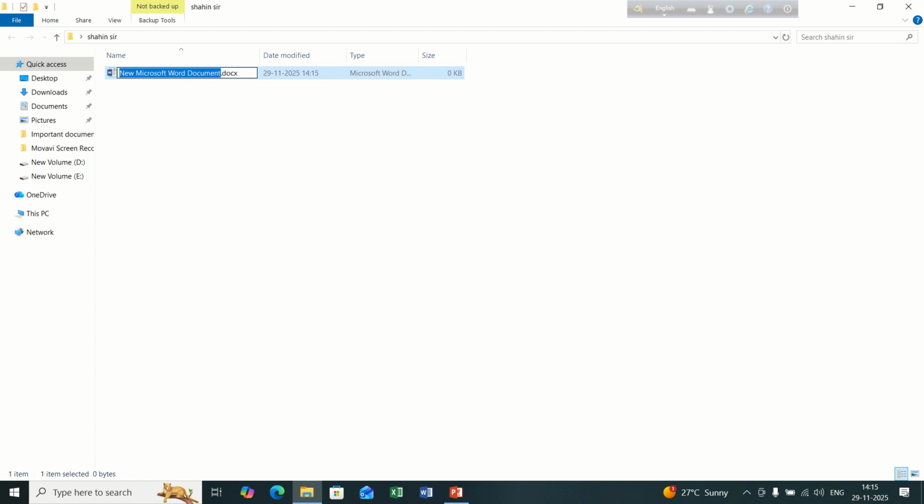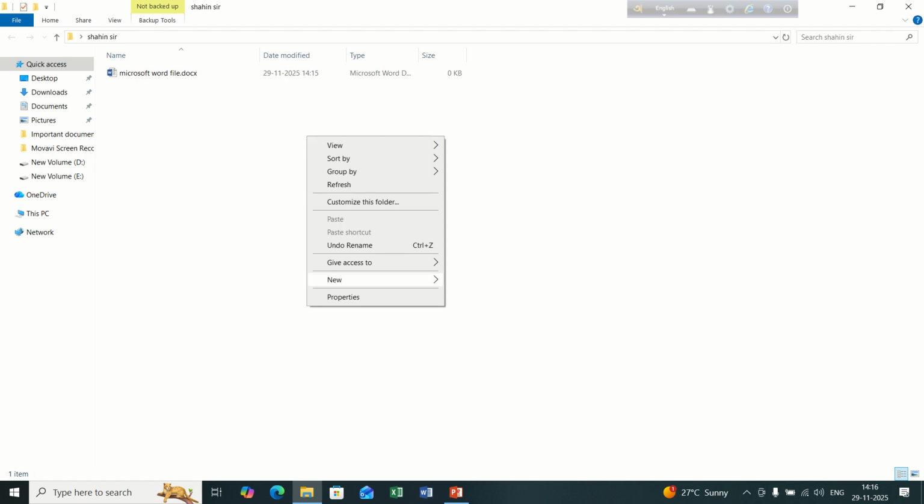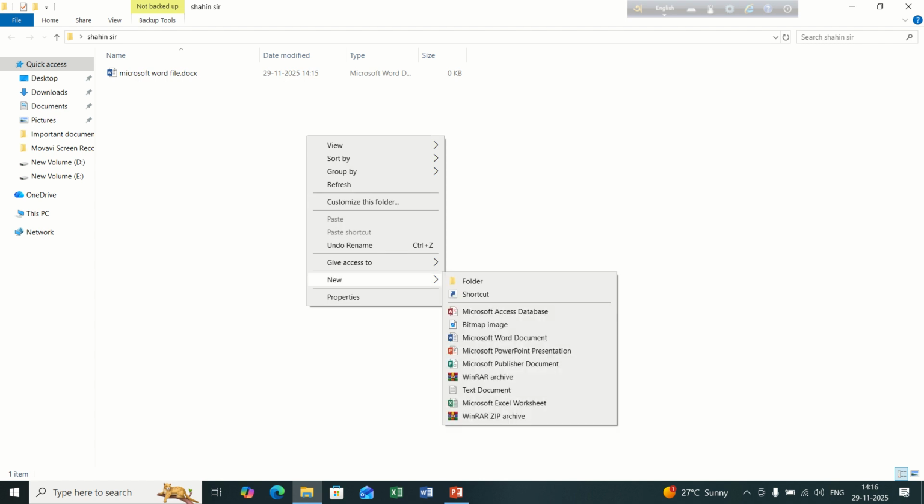If we rename it here, we can call it Microsoft Word file. So this is how we can create a Microsoft Word file, or we can also click New here,